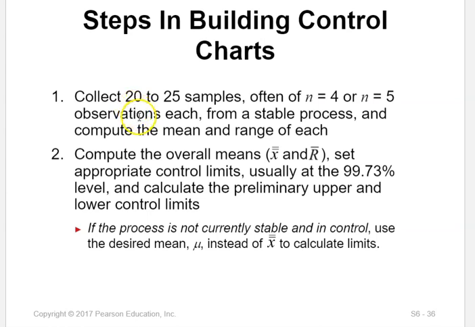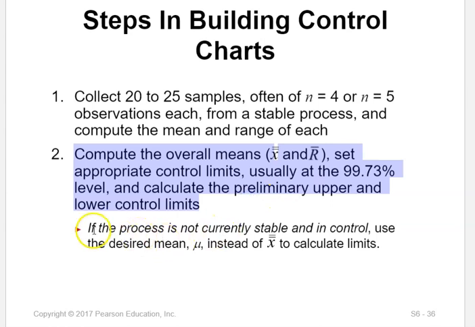Steps in building control charts. So I think you have learned this. It's pretty much simple, but I will just read it one time really quick. Collect 20 to 25 samples, often samples of at least 4 or 5 observations in each, from a stable process, and compute the mean and range of each. Compute the overall means, Xbar bar and R bar. Set appropriate control limits, usually at 99.7%, which is 3 times the standard deviation, and calculate the preliminary upper and lower